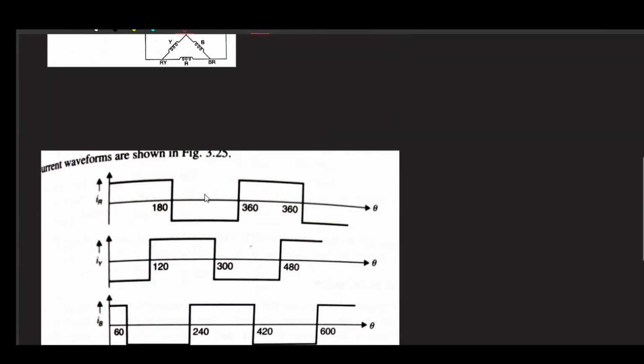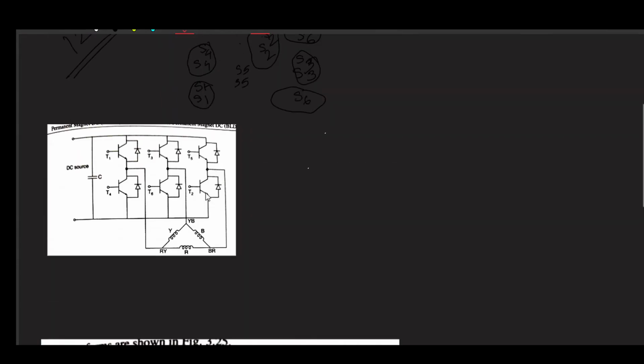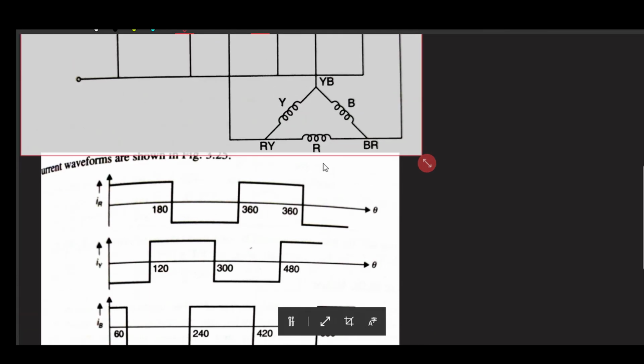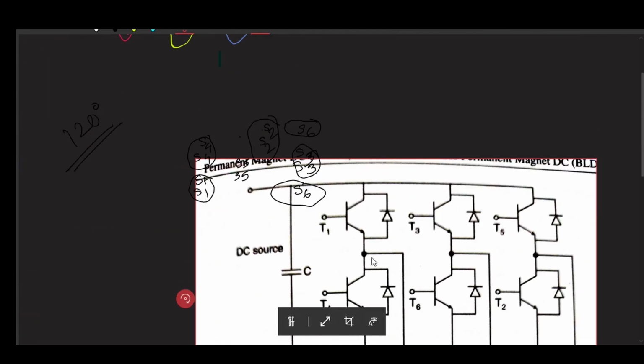Now what we can do here is that we can just try to realize the other concept, that is our 180-degree current mode and 120-degree phase shift. So same sequence, just here you can